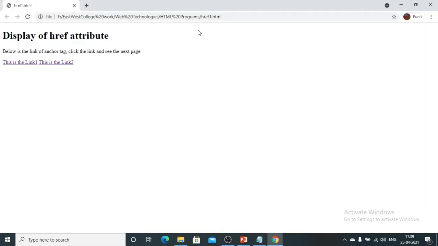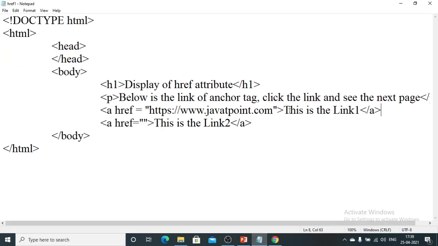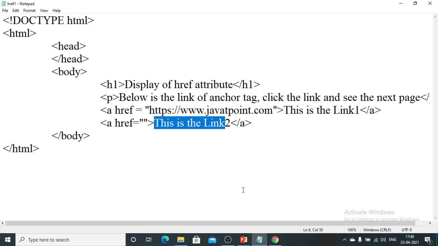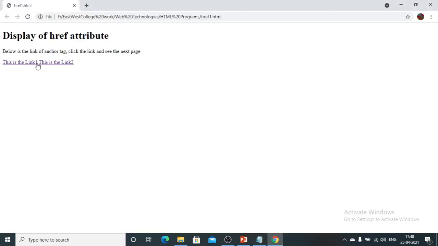You can see the heading here, display of href attribute. Now if I click the link here, you can see the hand type of mouse pointer appearing once I move my mouse pointer over the line, because it is now an href attribute. It has been linked to a different page. I have kept two different lines here for two different statements. This is link 1, the first statement for this particular link, www.java2point.com, and then this is link number 2. It has no value. If I check it out, they are appearing in the same line.